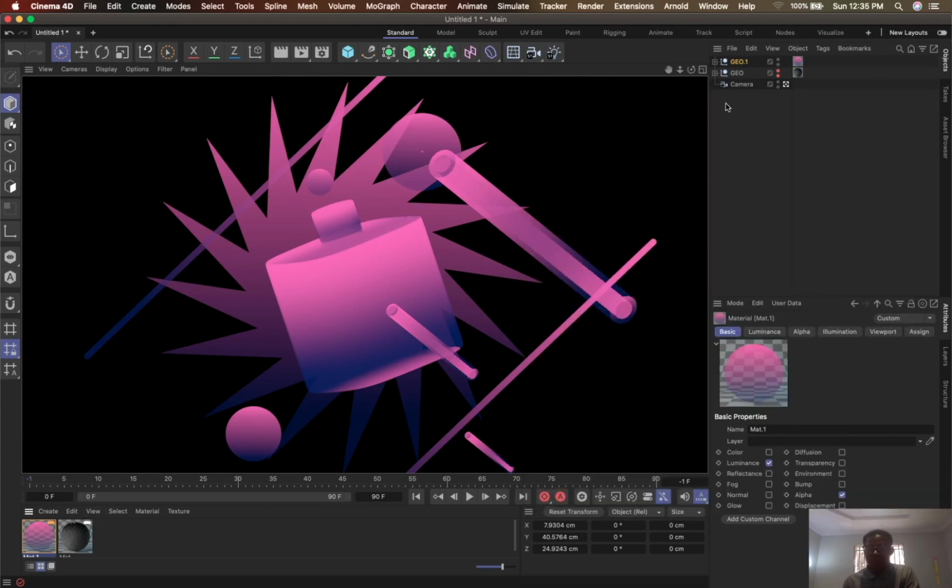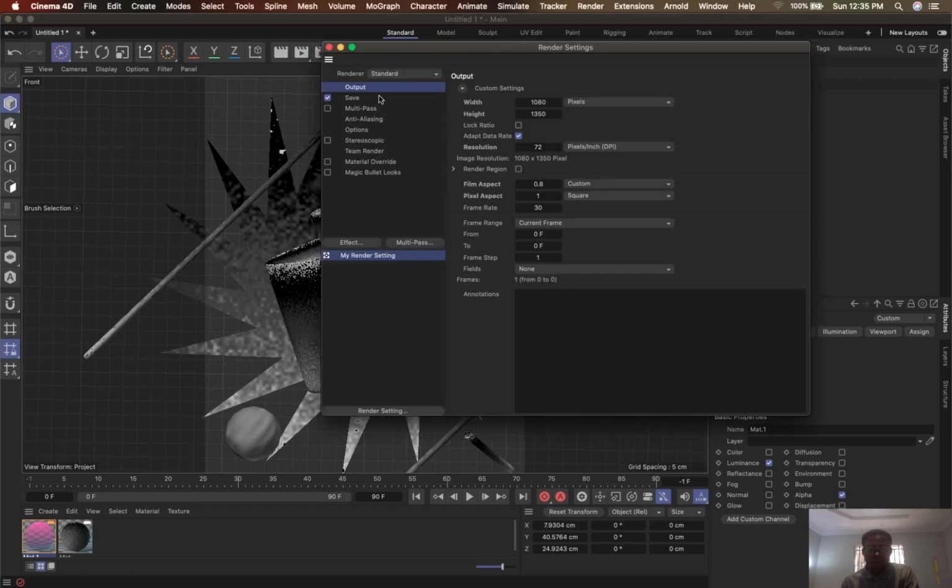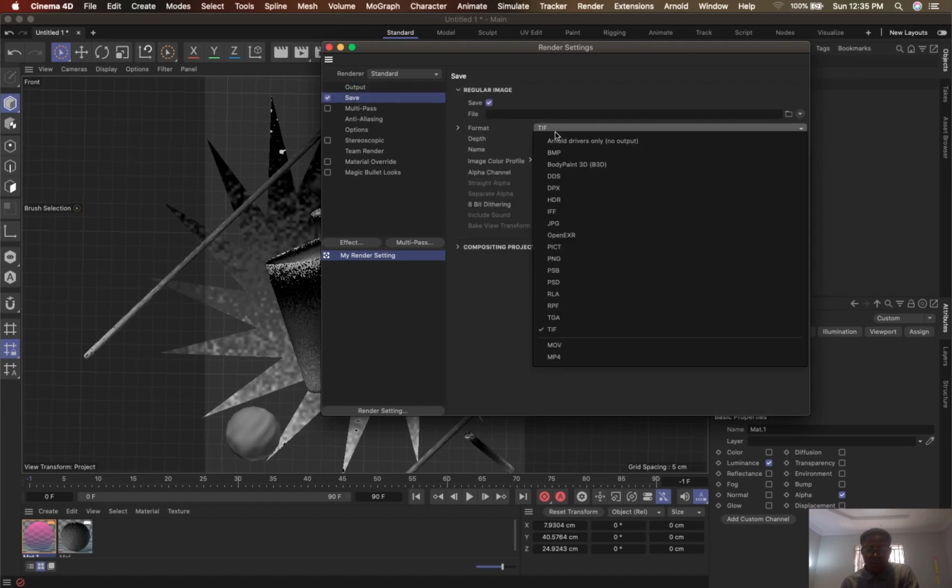So I'm just going to turn off this thing. So I'm just going to render this thing out. Now before that, I need to set a path where I want my render to go. So I'll just come to my output. Now since we are not doing animation here or motion graphics, so just stick to this. So I'll just come to my save, just change this thing to